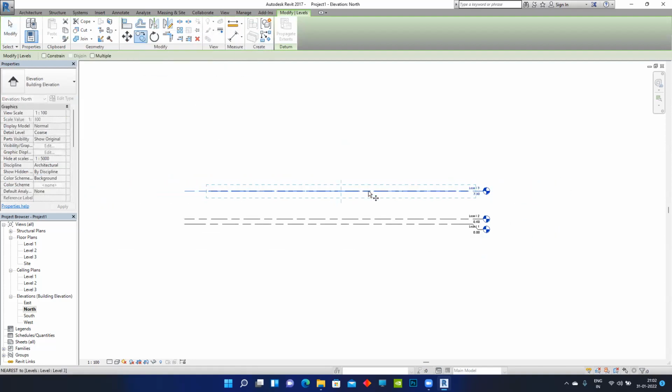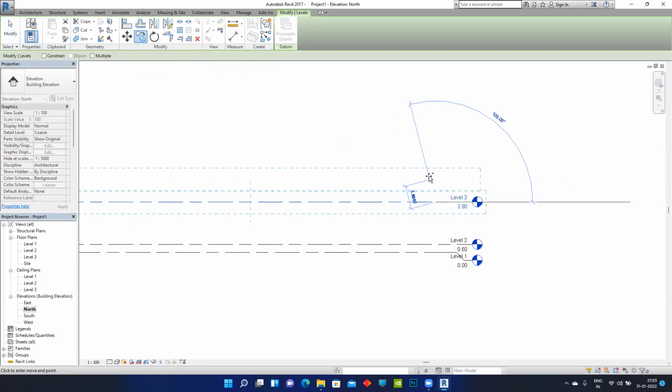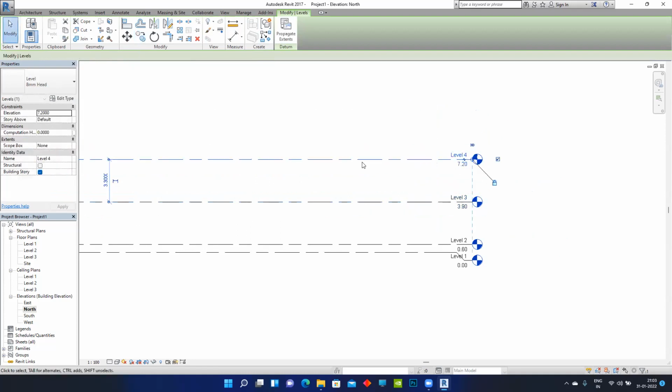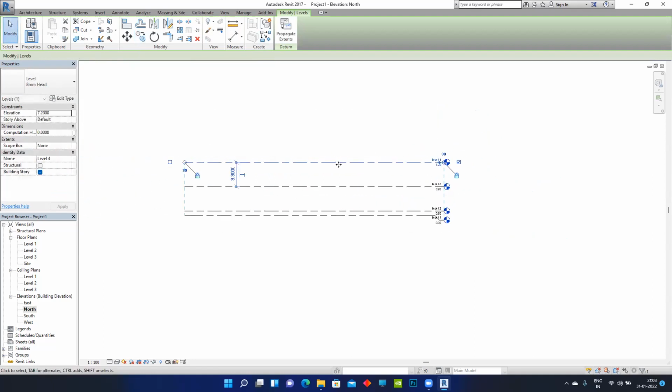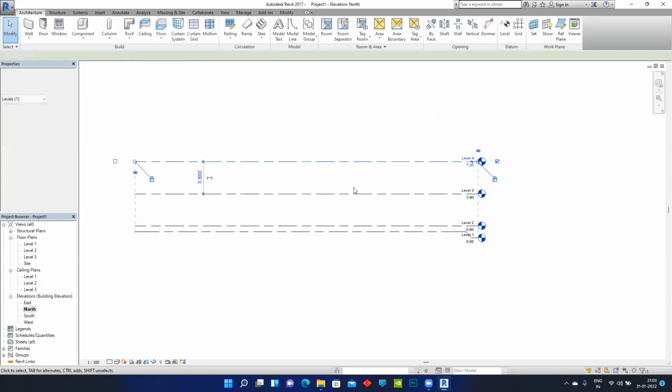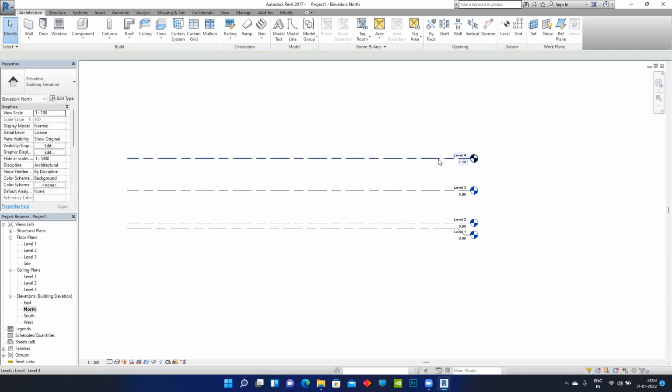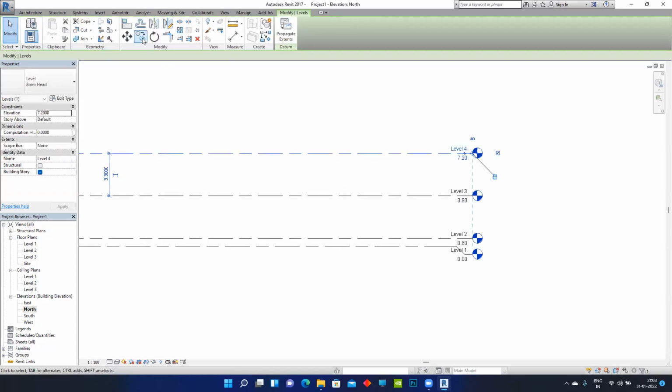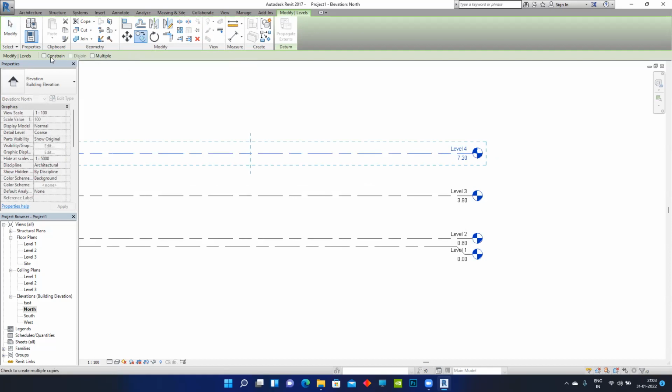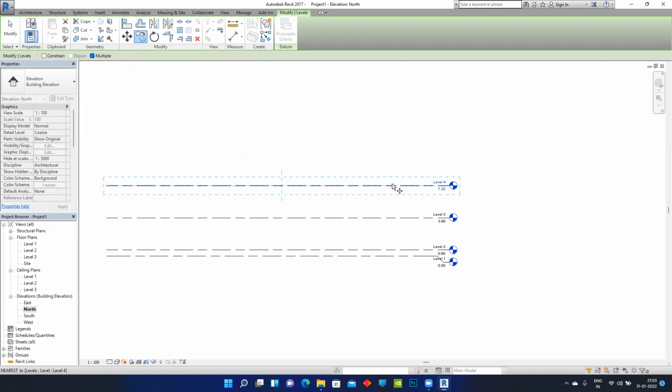If I click onto copy, it will ask me about the element. I'll click onto this and give its dimensions like this, and now I can copy this level. Here you have constant and multiple. If I check the multiple,